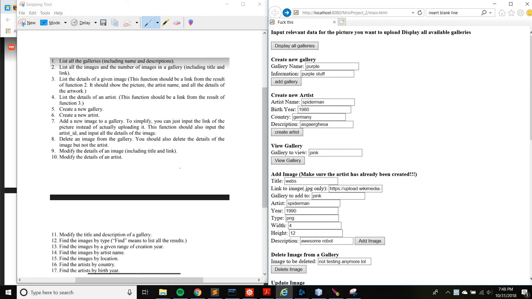But anyway, right now I'm going to go through the different functions that my website is capable of doing right now. So for the first one, we're going to list all the galleries that I have here, including name and description. Okay, so right now for just the first one, we're just going to list